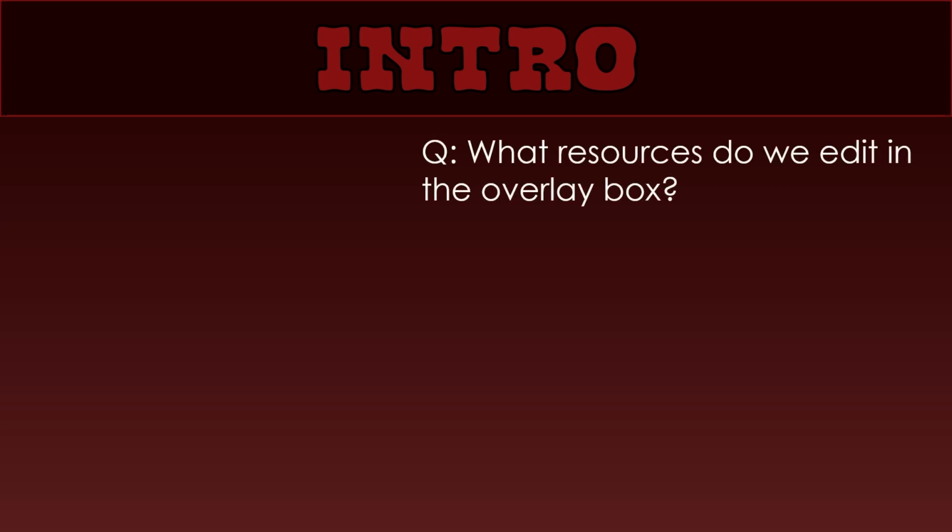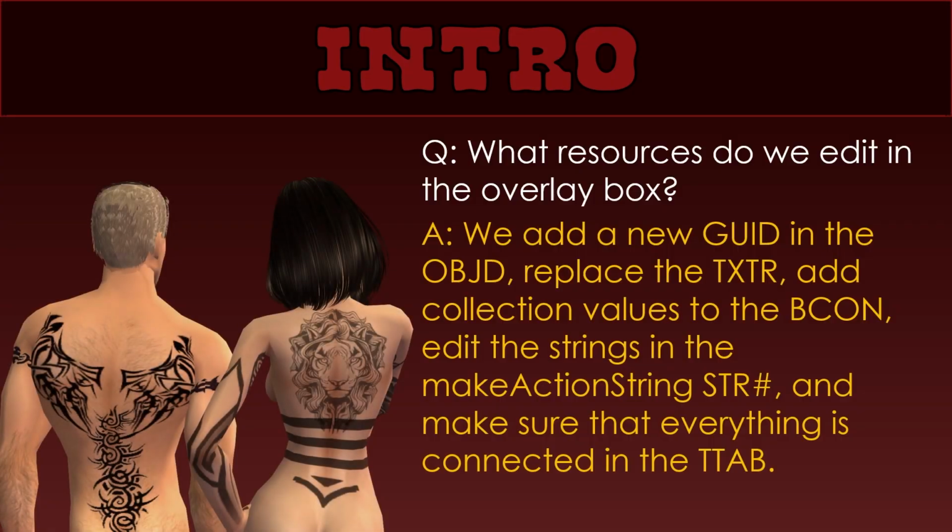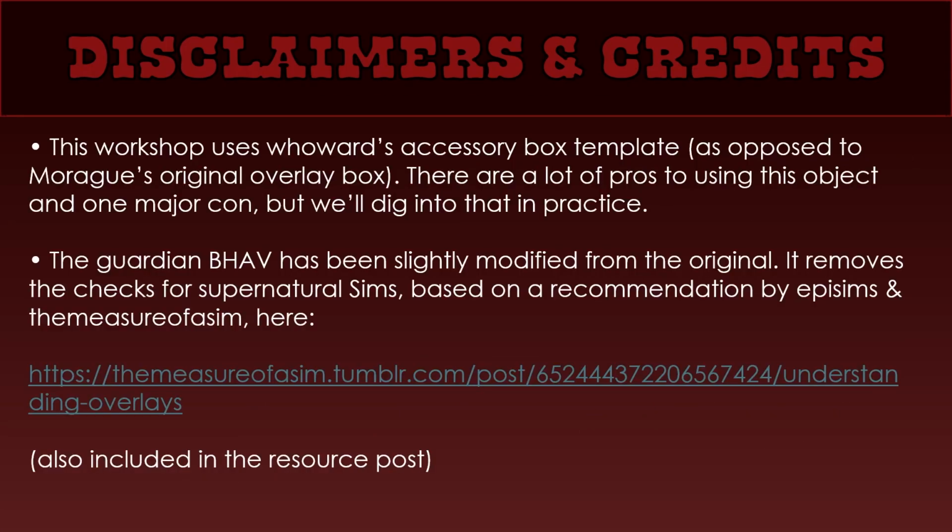What resources do we add in the overlay box? We add a new GUID in the OBJD, we replace a TXTR, we add collection values to the BCON, we edit the strings in the make action string STR, and then we make sure that everything is connected in the TTAB. So before I get started, this workshop uses a template that William made for me for accessories as opposed